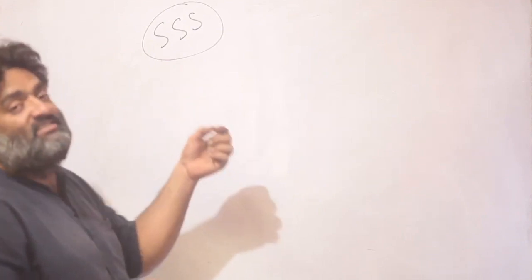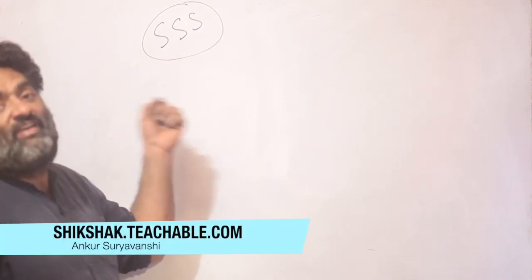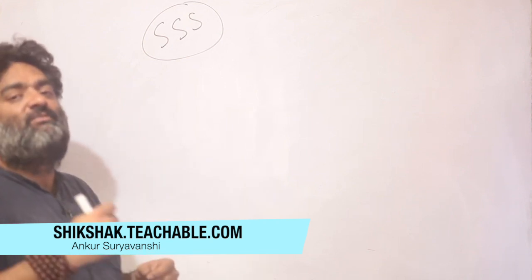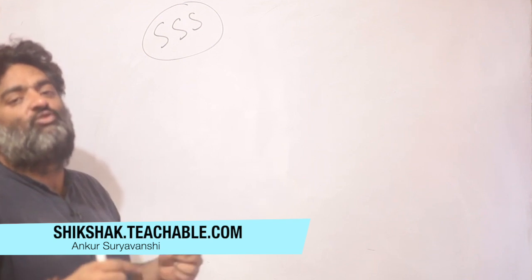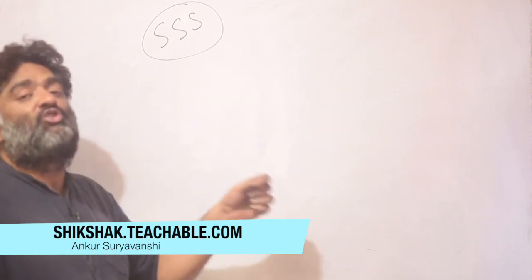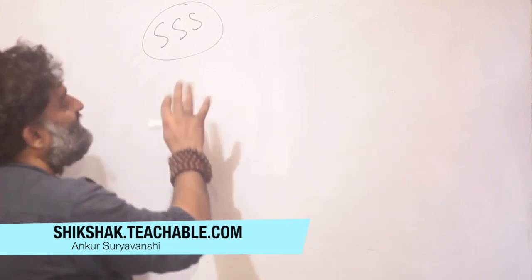Criteria number 2 is the side similarity idea, and sounds or looks very similar to SSS congruence. But remember, when we said congruence, we meant that the corresponding sides are equal to each other. When I say SSS in similarities, I mean the ratio of corresponding sides is going to be identical for all three sides, right? So understand that difference.